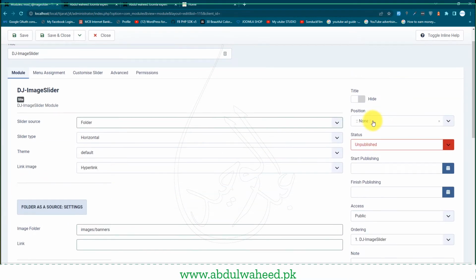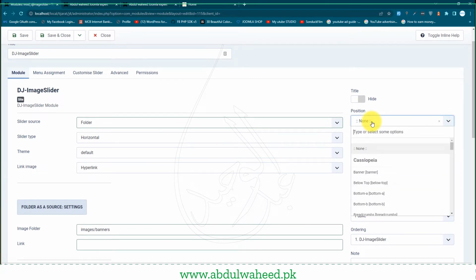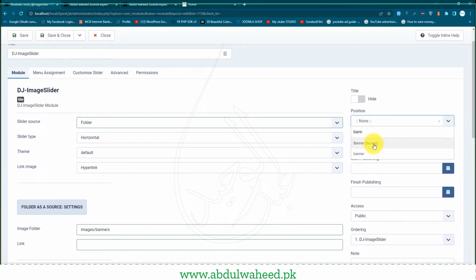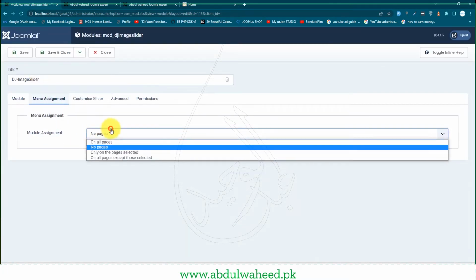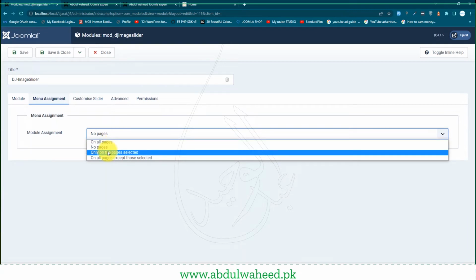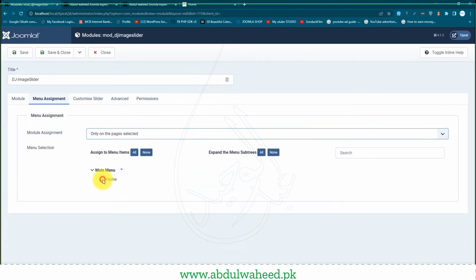Now let's give the position. It should be banner, and status should be publish, and under the menu assignment we can set this to show only on the pages selected. I want to show only to home page, so I save it, and we'll go to the website front end,